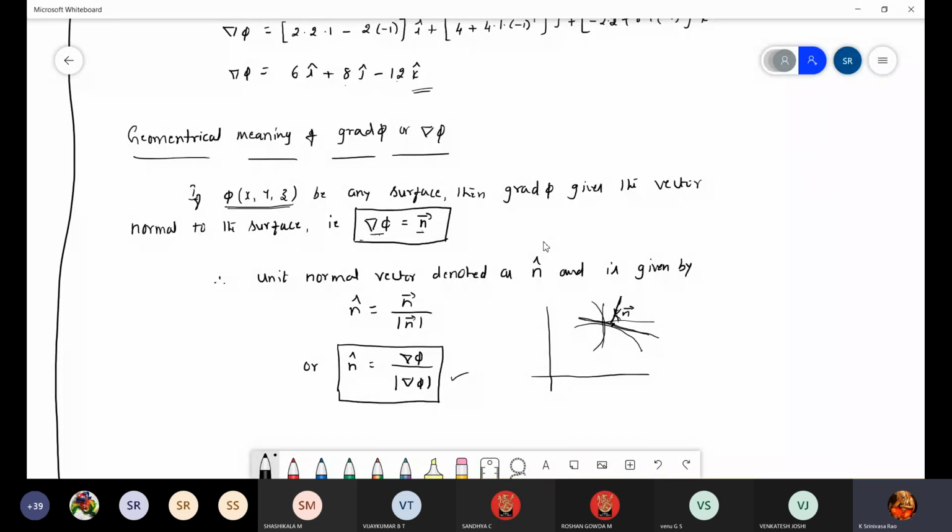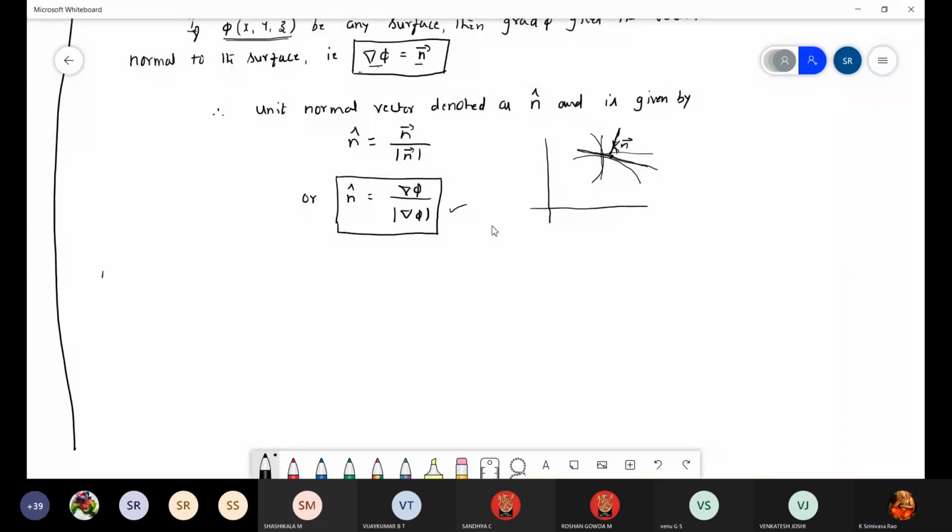Continue the problem now. First problem on this topic: find the unit normal vector. You can write it in a bracket. Actually, they will not give this in the question paper, it is for your reference and to understand. This is the first problem. What we have to calculate is n cap. Find the unit normal vector n cap